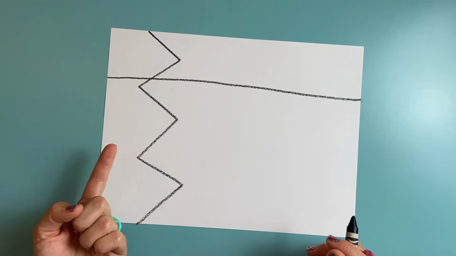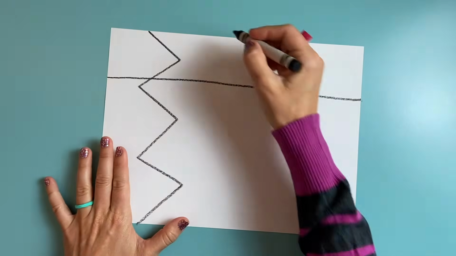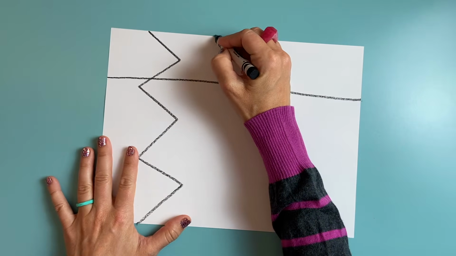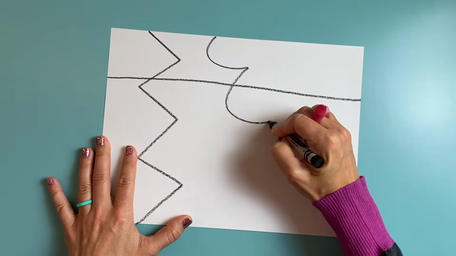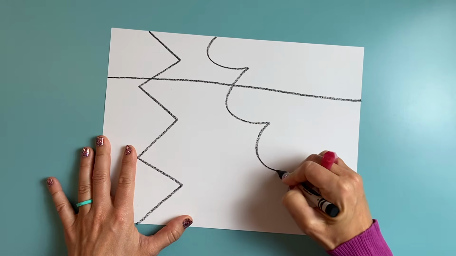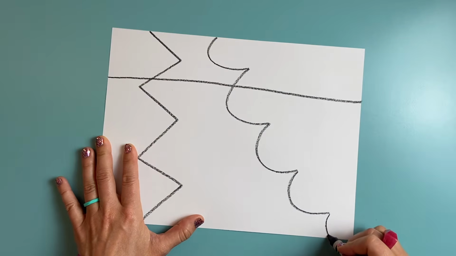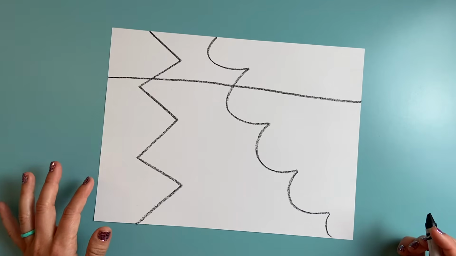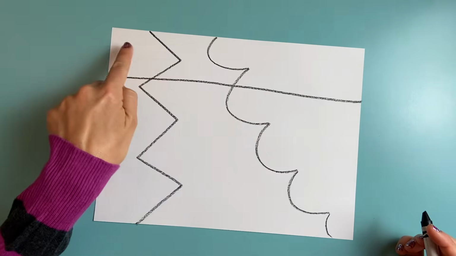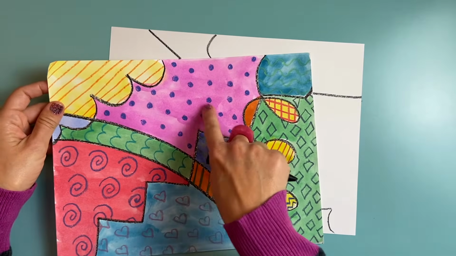Let's see, I've got a straight line, a zigzag. How about a wavy line? Okay, I'm going to start at the top of my page and I'm going to try to get to that part of my paper that doesn't have a lot of stuff in it yet. Here we go. That's looking a little bit more balanced now. And see, what I'm doing is I'm creating these spaces that eventually I'm going to paint inside these spaces and